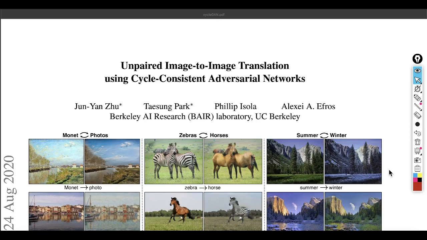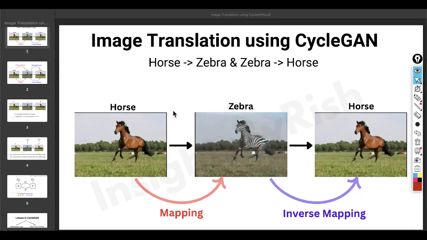In today's video, I'm going to talk about CycleGAN, which stands for Cycle Consistent Generative Adversarial Network. For understanding this video, we are going to prominently use two resources. The first one is this research paper, and the second one is this presentation that I have made out of that research paper. In this presentation, I have just included some important points that we need to understand from